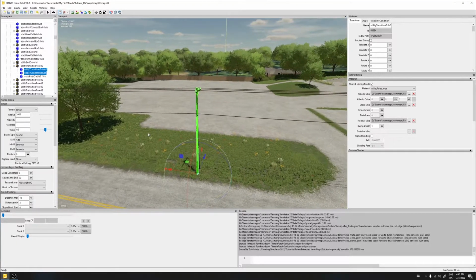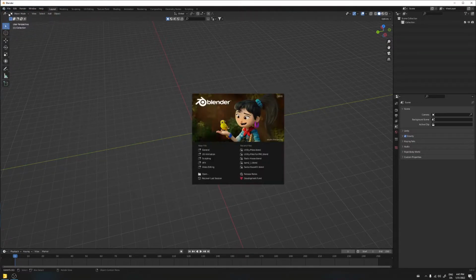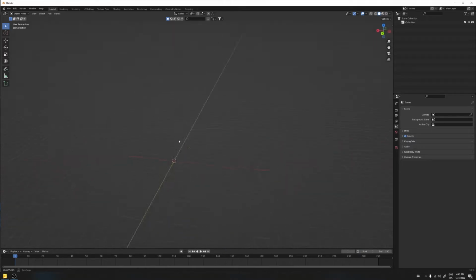Anyway, so we exported our OBJ. Let's boot up Blender. Voila. At this point of making this video, I am using Blender version 3.0. And this is how Blender looks. You might be a little bit or very familiar with Blender. If you're not,